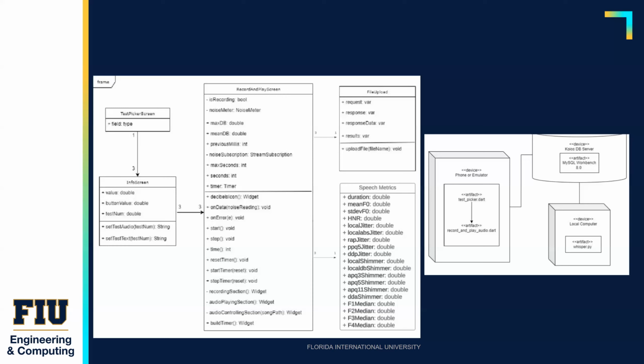They're all doubles, and all of these number values get translated to a graph, hopefully in the future, to be able to be displayed to the user. On the right, we simply have a very nice diagram that shows that the phone emulator, which is what we were practicing and working with, enables the test picker. You go from picking your test to then recording your test, and that would then therefore connect to the Koyo